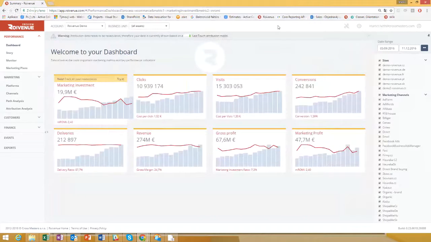Hello, this is Martin, and in this video we'll go through navigating and using performance dashboard and performance monitor in ROIVENUE. After logging in, you're usually taken to performance dashboard, which displays 8 tiles looking at 8 parts of the